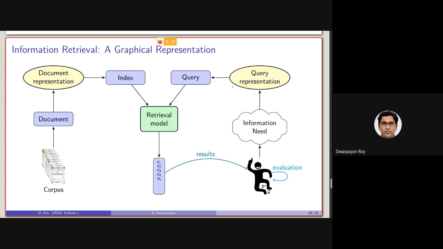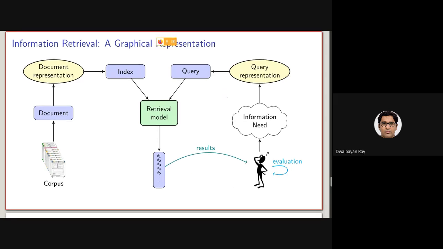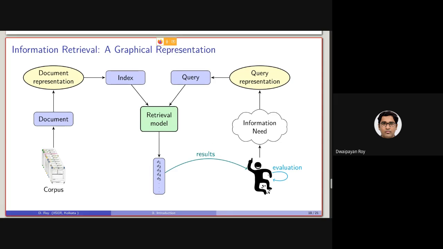From that, using some query representation module, a query was generated, based on which a set of results were also generated and returned back to the user. Now, as the information need was generated by the user, the user is the only person who can actually say whether these documents are actually relevant to this information need or not. Right? So we need an intervention of the user to understand the performance of the retrieval model, which is formally called the evaluation.